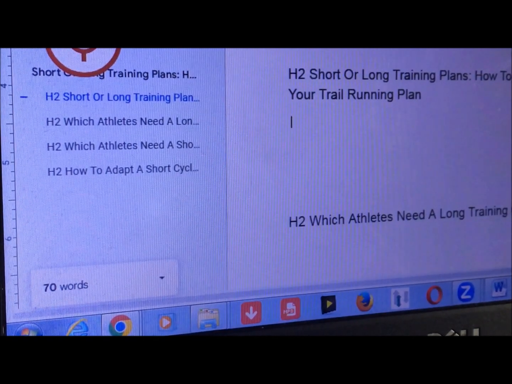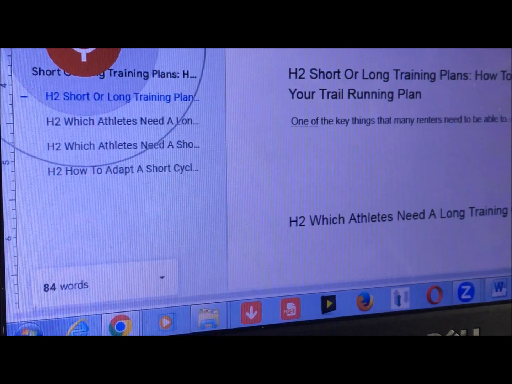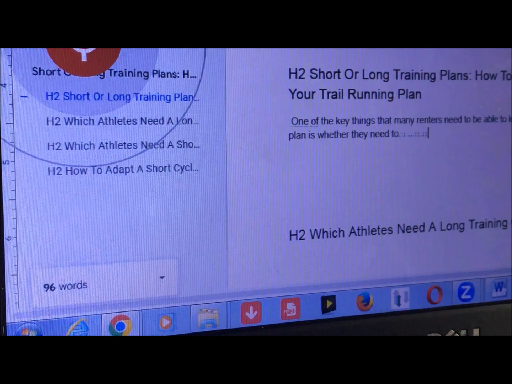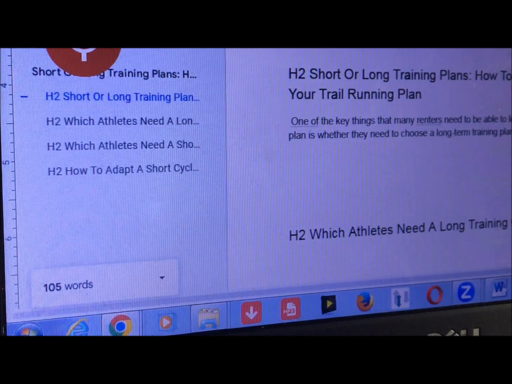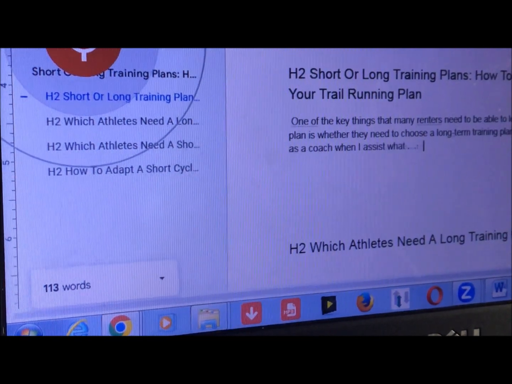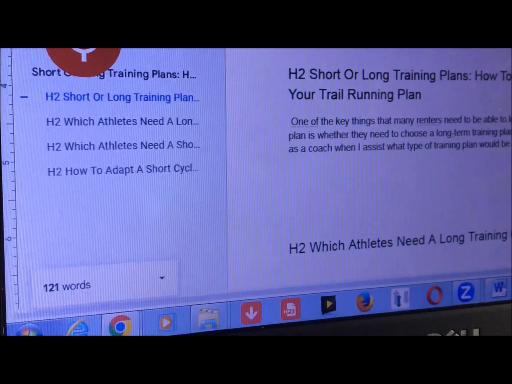One of the key things that many runners need to look at when choosing a training plan is whether they need to choose a long-term training plan or a short-term training plan. Period. And as a coach, when I assess what type of training plan would be beneficial for that specific type of runner, I need to look at